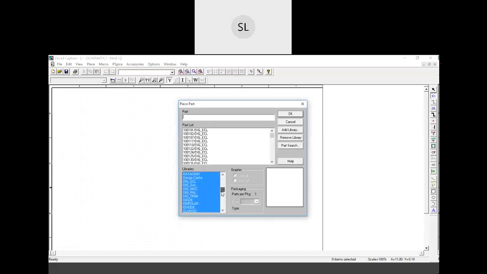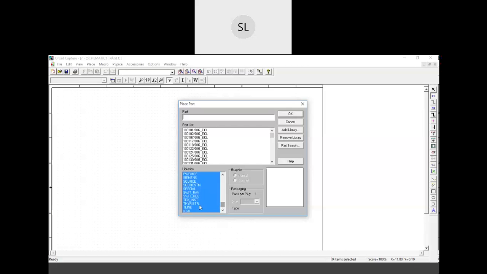First of all, let me select a thyristor. Either you can directly place the part number of the IC you want, or you can go to a particular family library and then select the required component.